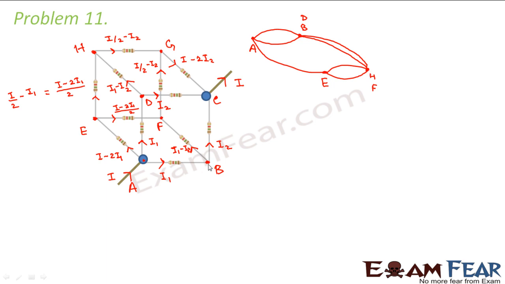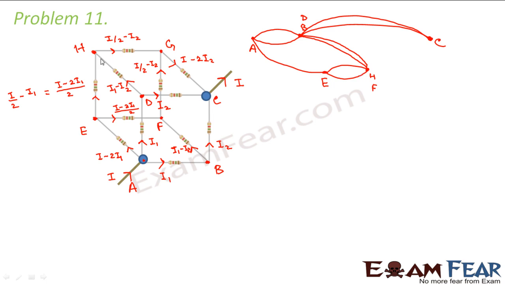Now other than that, from B there is some amount of current going to point C, which is the terminating point. From D also, some amount of current is going to C. So from D, some current is going to H, some current to C. Some current already went to H and some current will go to C, right? So B and D is over. From B and D, two arms bifurcated, so two arms are over.